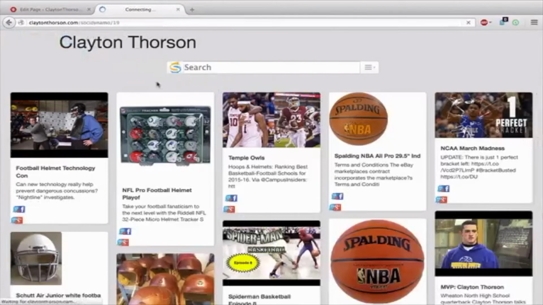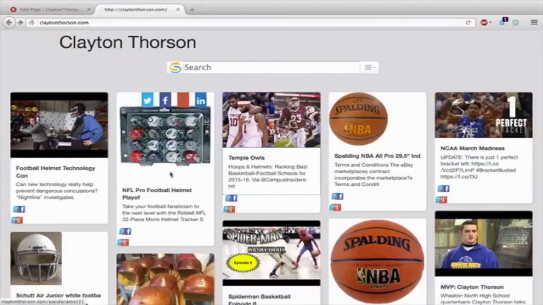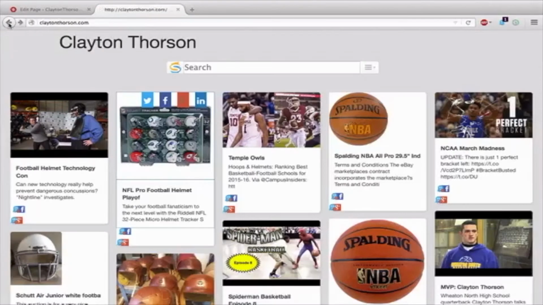However, when we click on a post, it goes to a not found 404 error page. What's going on? We have our standard menu up there on the WordPress theme, but we're still on an error page. Let's go back and try a different one. We know this football helmet post worked because it's worked before. Click on it. There it is, 404. It's not found. It was found earlier, but now it's not. We have our menu again up here, so let's go back.